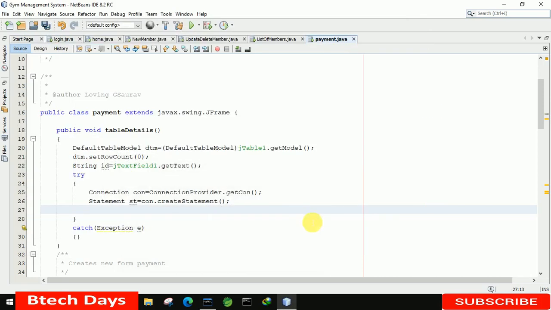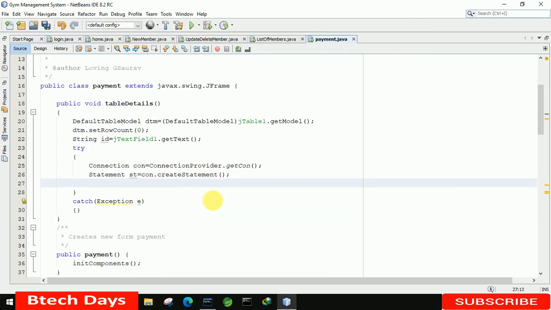Let's minimize this. After that, again move to this page. Here we have to write ResultSet rs equals to st.executeQuery, this one. And here we have to select all the payment details which the user has paid, where id is equals to single quote, double quote plus id.